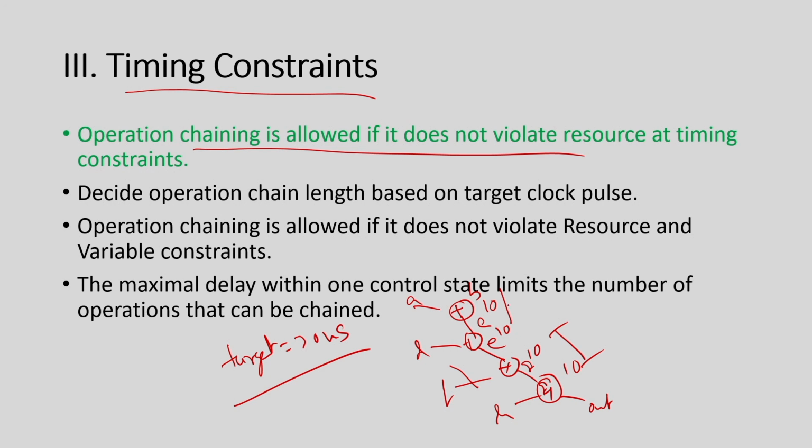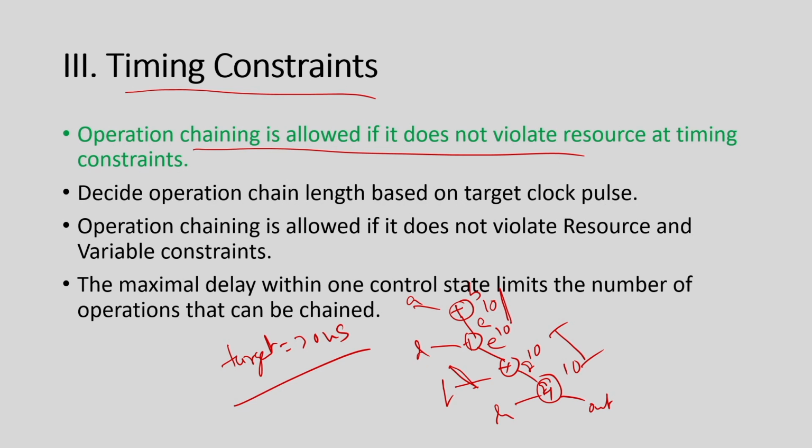If you take this example, how many constraints will we have? I will have 3 constraints. One says you break between the third operation and fourth operation, and you execute the first 3 operations in state 1 and the fourth operation in state 2. Or you break between the second and third operation, so the first 2 operations execute in state 1 and the third and fourth in state 2. Or you break between 1 and 2 and do only 1 in state 1 and 2, 3, 4 in state 2. All are valid, right. So, for this timing constraint you have to add this kind of constraint.